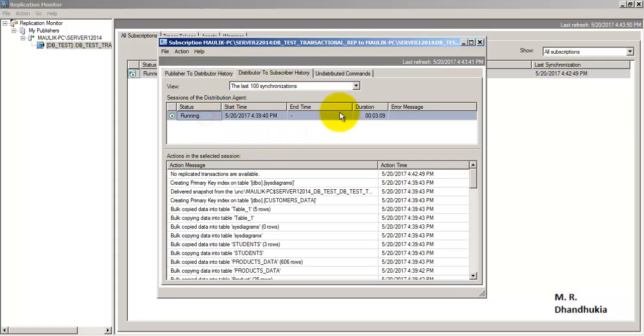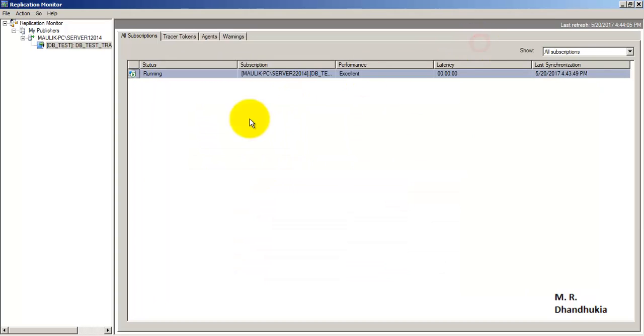We have asked this also to run continuously. That's why this distribution agent is also running continuously and looking for transactions in the distribution database. So this is the way all these things are happening behind the scenes.